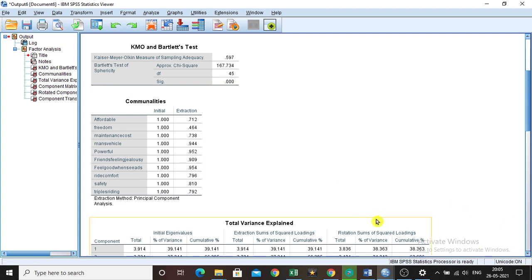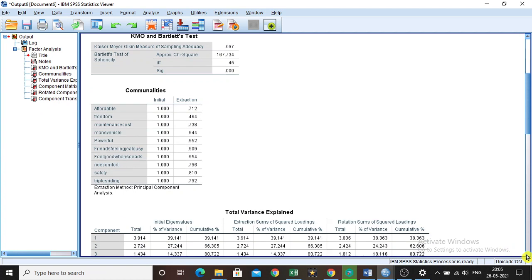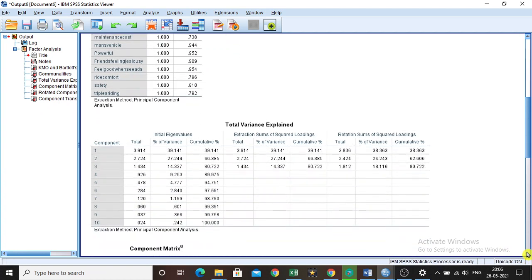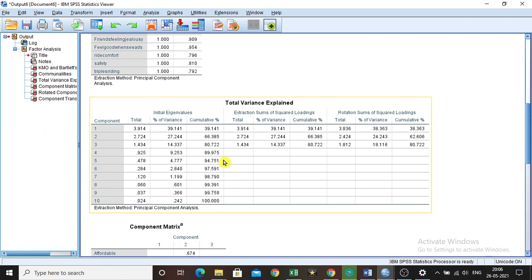So come to the third thing, that is total variance explained. This will tell you how many factors are extracted. It talks about the eigenvalues. Only eigenvalues of more than one will be loaded. With eigenvalue more than one, there are 3 factors. So out of the 10 variables we have given, 3 factors have emerged, which means all the variables are grouped into 3 different factors.